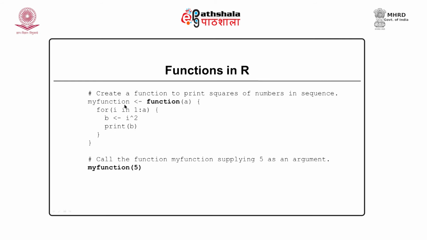So, this is kind of a square function. It will calculate the square of values from 1 to 5. So, the output will be 1 square, 2 square, 3 square up to 5 square. So, this is an example of using functions in R where we are passing a single argument, and this is how we can invoke a function using the function name, and you can pass the argument, the function will be invoked.